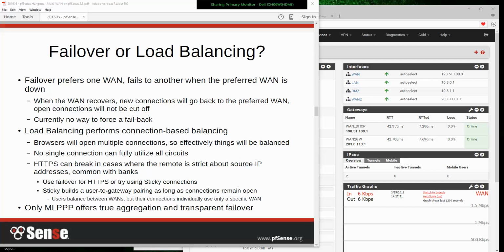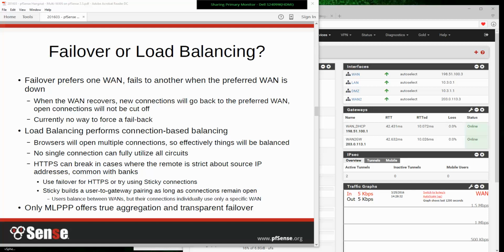The only true thing that's going to get you both of these, as I sort of touched on a little bit ago, is multi-link PPP or MLPPP. Unfortunately, support for that is very rare among providers. You would have to have multiple DSL lines from the same provider, and all of those circuits would have to support multi-link PPP. And what you do then is you just end up putting them into what is called a bundle. You edit the PPP connection and you just select all the interfaces there, and it actually signs into all of them at once using the same credentials, and it will bond them together with multi-link PPP,